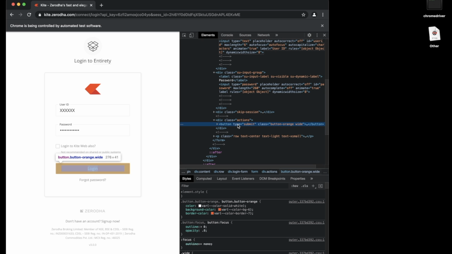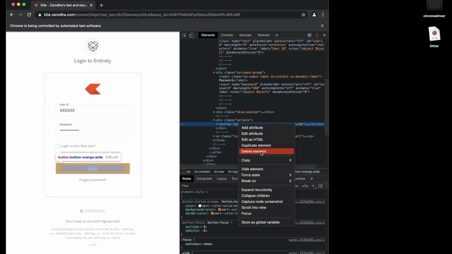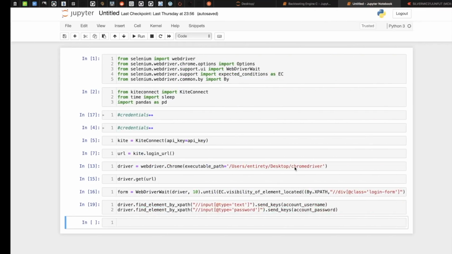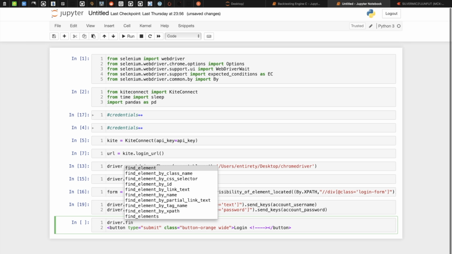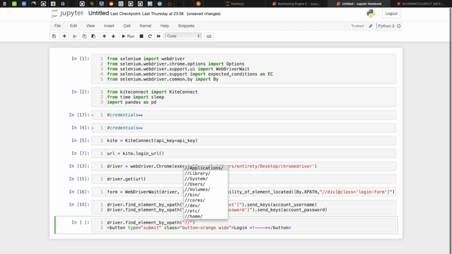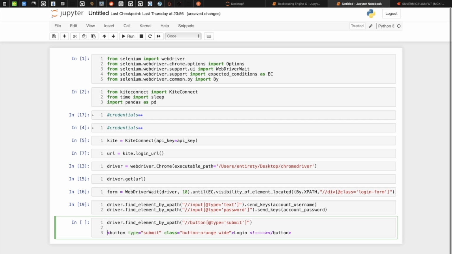Let's copy this element first. Then let's create driver dot find element by XPath of input button with @type equal to submit. This completes this portion. This is converted into a format like this. Let me show you again.